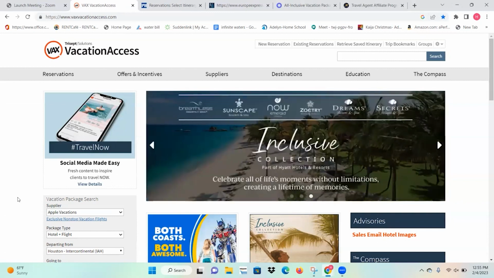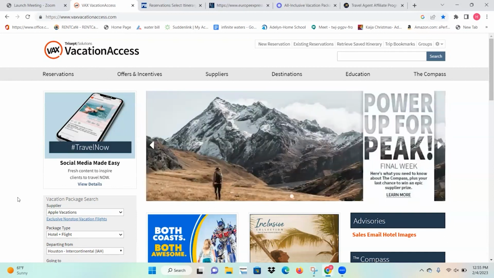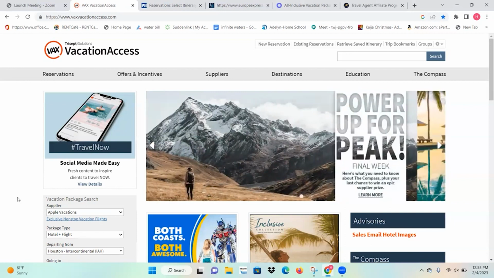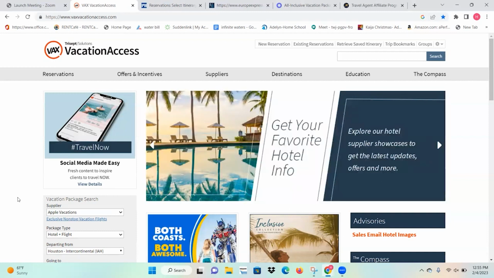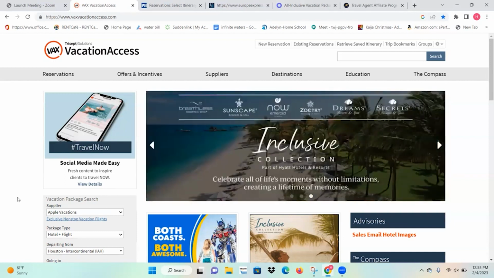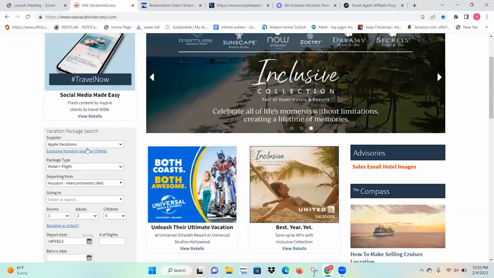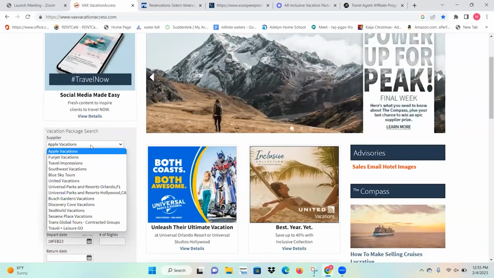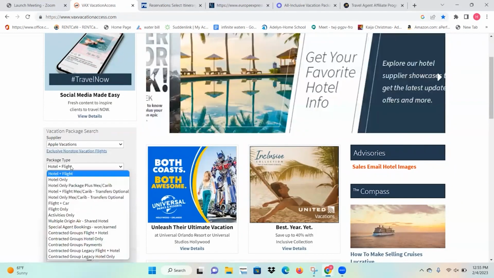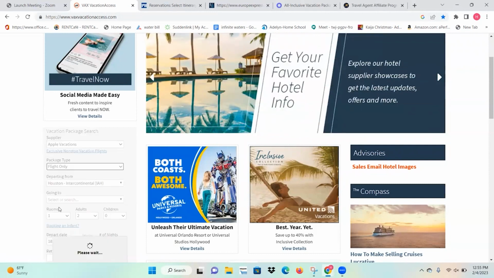Vax also gives you the ability to add in additional commission if you would like. So if you're booking flights only and you want to add in commission, but you don't want to charge a separate booking fee, you can actually add that additional income straight in. And then it'll also go through the system so that it counts towards your IATAN card. So, for example,